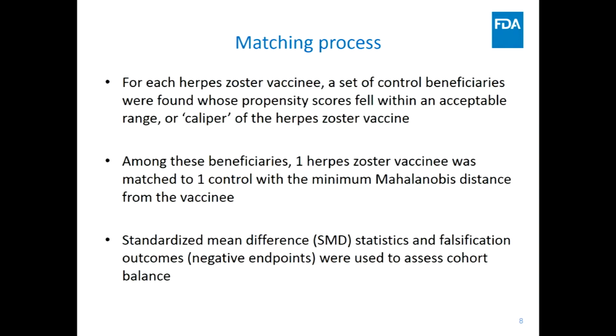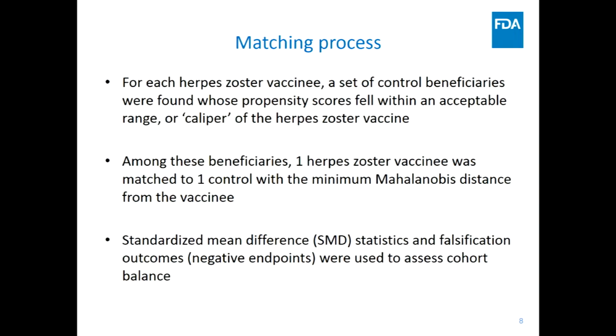but we had almost 7 million unvaccinated individuals, so the vaccine coverage was not very high. That gave us the opportunity to have the luxury, I would say, of doing a one-on-one match, keeping our vaccinees and trying to get the unvaccinated to come to us and match to the 1 million vaccinees. So we lost a very small number of unvaccinated individuals. So one herpes zoster vaccinee was matched to one control with the smallest Mahalanobis distance after having performed